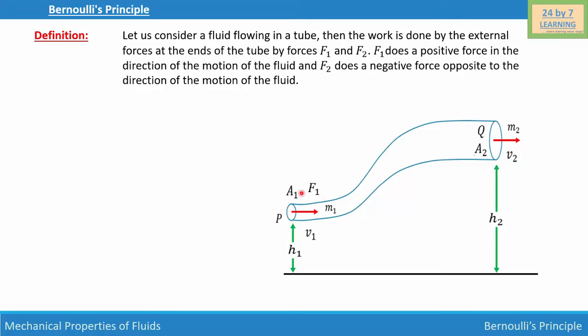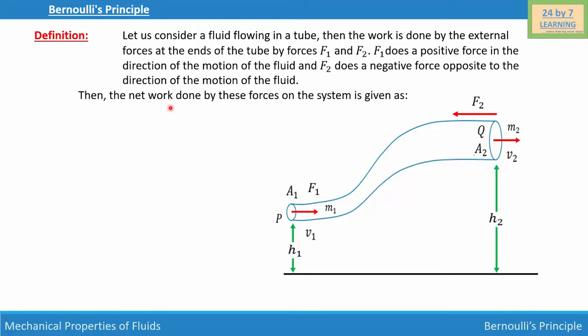Now, let a force F1 act in this direction and force F2 act in this direction. Because F1 does positive work and F2 is basically negative work, and these two forces are acting at the end of the tube due to the motion of the fluid. Then the net work done by these forces on the system is given as W net is equal to F1 x1 minus F2 x2, where F1 and F2 are these forces and x1 and x2 are the distances